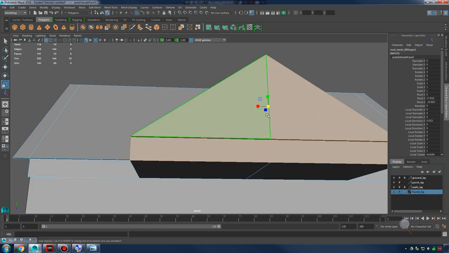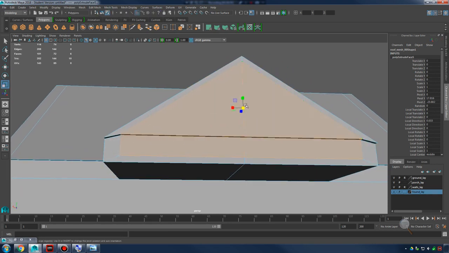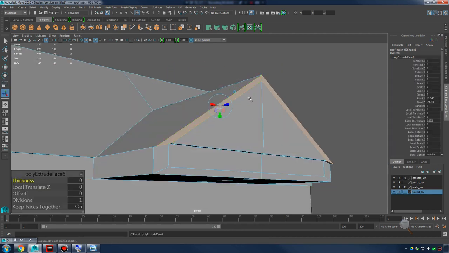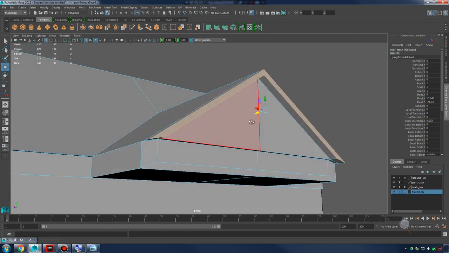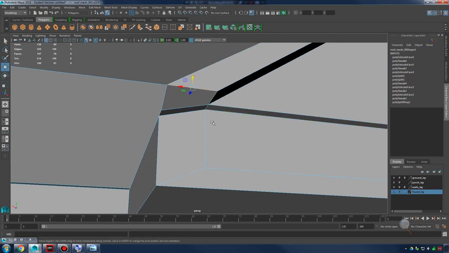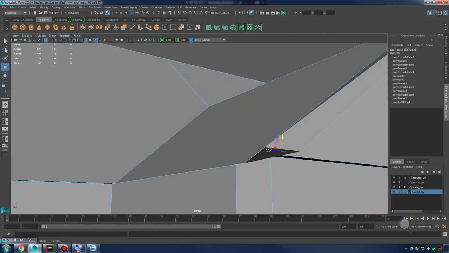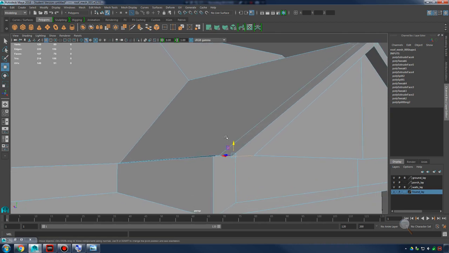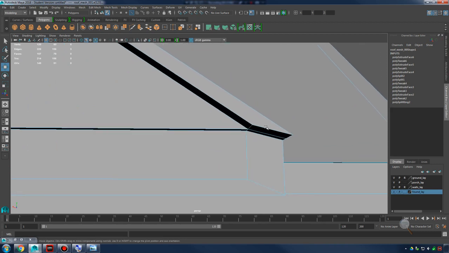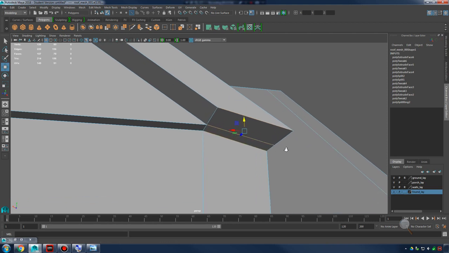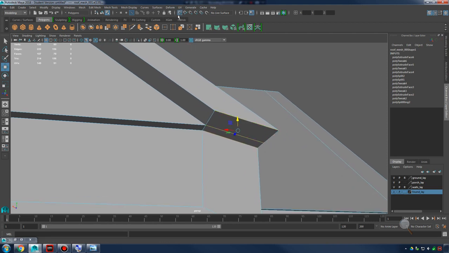I'll do another extrusion, and I'm just going to scale them in a little bit. And then I can take these and just scale them out. And there we go. Kind of get this flat. I'm going to flatten that out a little bit. I'm just using vertex and grid snap. So what I did over there was I selected these edges, these three edges that were slanted. I held X on the keyboard for grid snap,